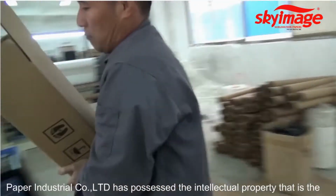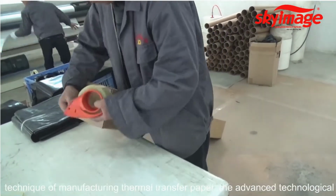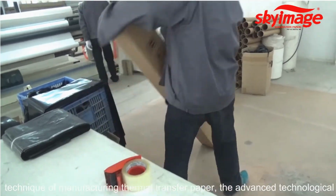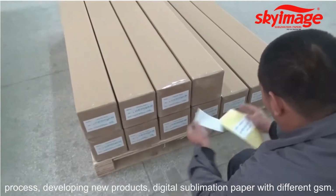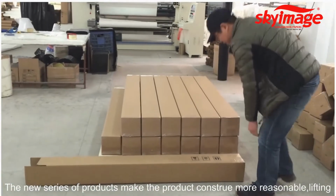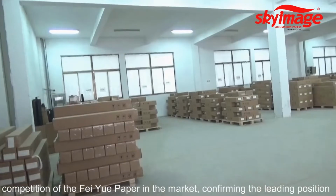Feiyue Paper Industrial Co. Limited possesses intellectual property, that is the technique of manufacturing thermal transfer paper, with advanced technology using different GSM processes, developing new products. Digital sublimation paper with different GSM. The new series of products make the product structure more reasonable, lifting the competitiveness of Feiyue paper in the